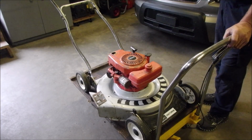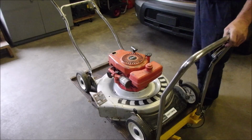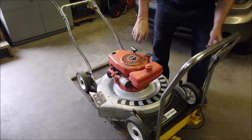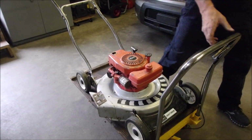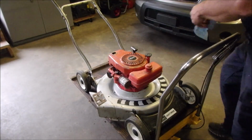Well, if that's all that's wrong with it, I'm sure I can do something with a grommet, hey? So how fun is that? Except now the dipstick's leaking. That's alright. Might have just been...